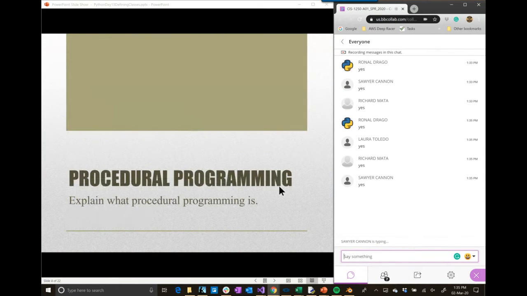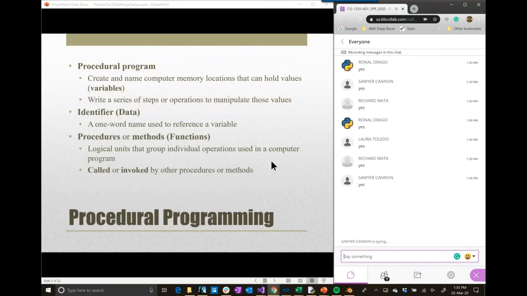We're going to be looking at, first, reviewing procedural programming, or what's more correctly called structural programming, which is what we've learned up till now. I like to refer to procedural programming because it's easier to understand maybe if you haven't heard these terms before. But basically, the idea is, we've been creating